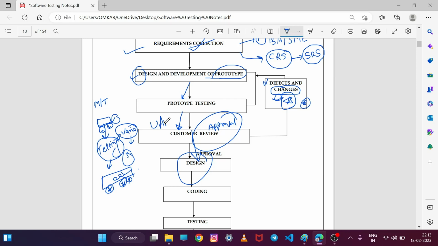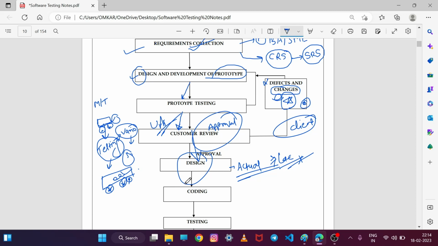Okay, user acceptance testing. If the user is satisfied with the product, then only we go for the actual designing of the product. Okay, the actual designing of the product starts here. This is the main drawback, the actual designing of the product starts at a very late stage. But the advantage here is that the customer or the client already knows what the design of the software should look like, what the final product should be. This is the main advantage of the prototype model. Okay, so